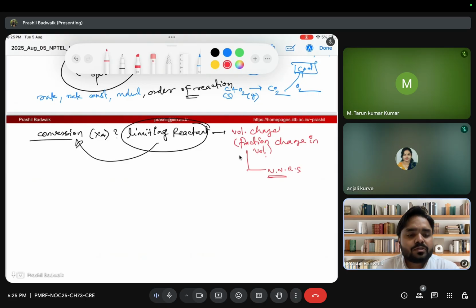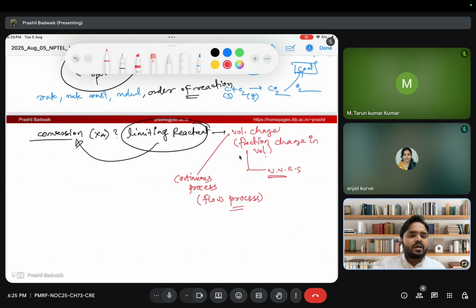Then we will talk about how this can be used in a continuous process or flow process. We will solve some questions, and those will give you better clarity on the applications of these things in solving reaction engineering problems. Okay,